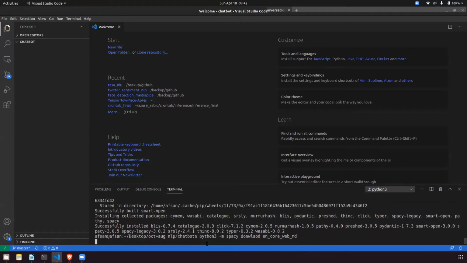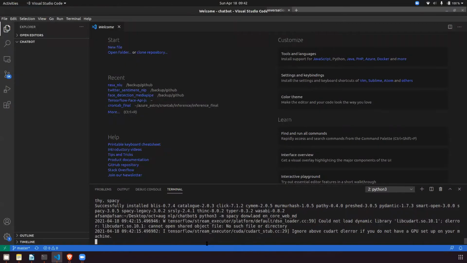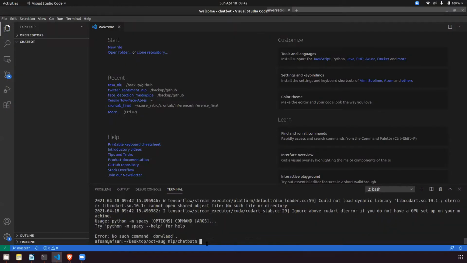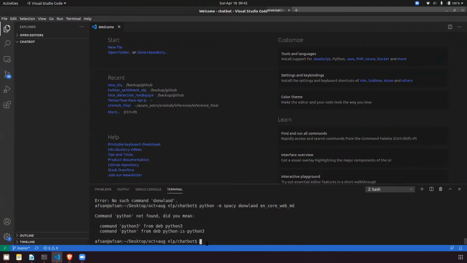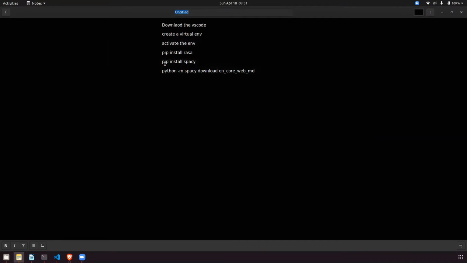We are downloading the English model, and the size of that model is medium. This is the command you have to follow. The pip install Rasa is one command, pip install spaCy is another command, and this is the third command that you have to follow one by one.